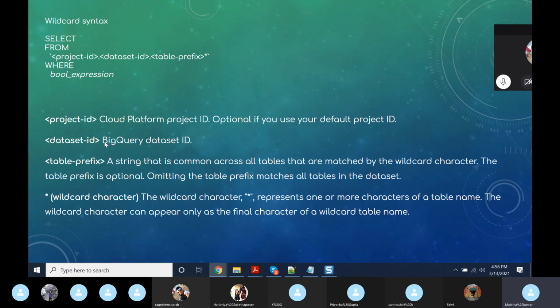And we know this format, right? BigQuery dataset ID and the table prefix. Whatever is matching, like suppose there are multiple tables with the name account, we can say account star. And the star is the wildcard character. We have to give that star. So this is the format.